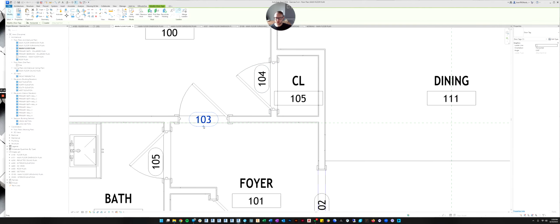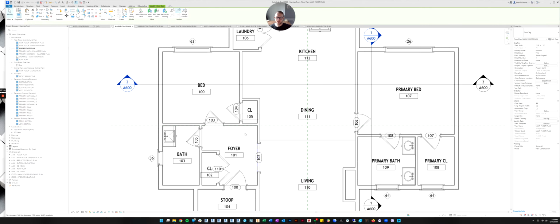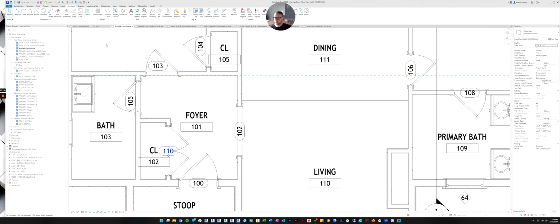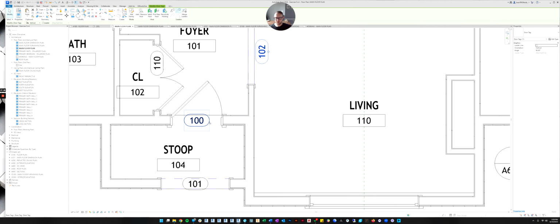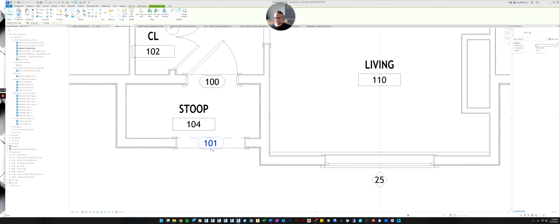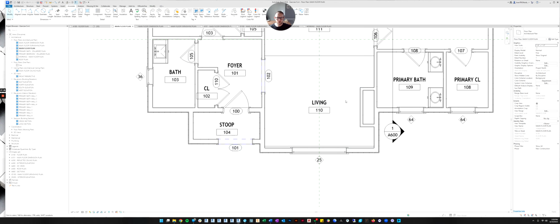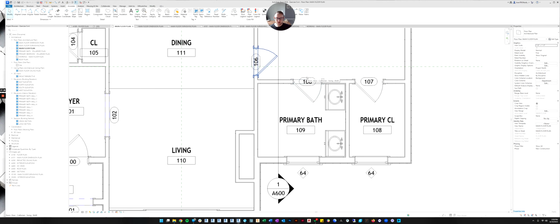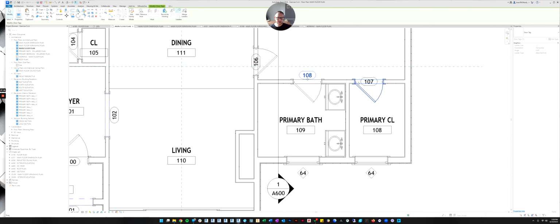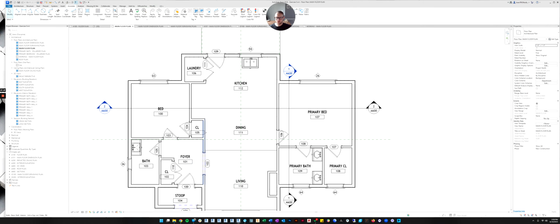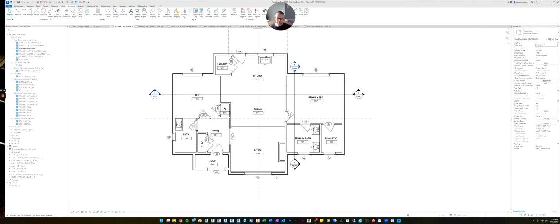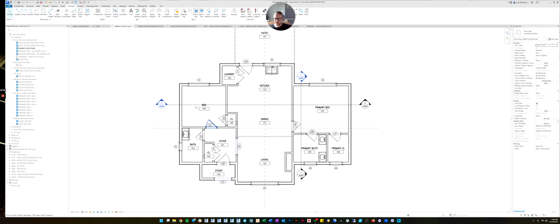Again, this isn't something I'm necessarily going to grade you on, but if you leave those the way they were showing by default, oh, see, I forgot to rotate this one. If you left them the way that they came in by default, your employer is not going to be happy with you. That's always the sign of a new drafter, is they don't know how to make the drawings look nice. They always look cluttered and things are running on top of each other. So go ahead and edit all of the tags so that they look nice and they're not running into anything. And the windows, luckily, they look like they just came in correctly.